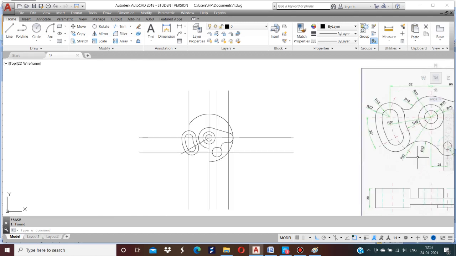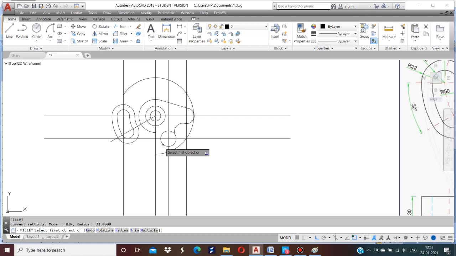Here the fillet radius is R32. Fillet radius R32. Select the circle and this smaller circle, the bigger circle is R32. Okay, now erase this circle. Okay. Now offset distance again 10 mm.